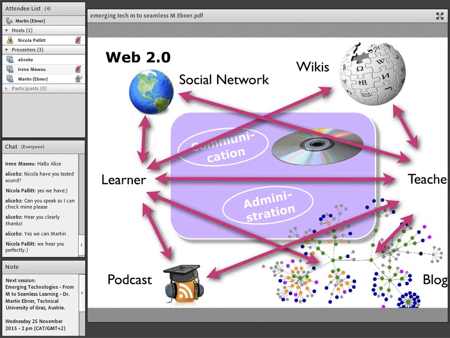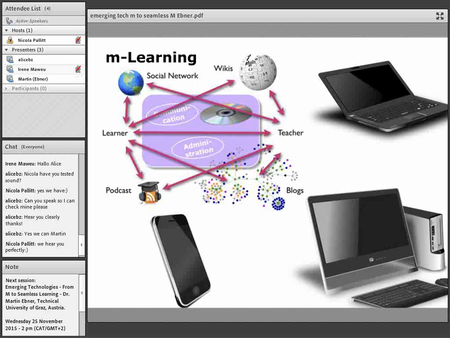And of course, the development of technology did not stop there. Then we see that many different devices were connected to the internet. It was not only our PC, it was also our laptop. Today it's also our smartphones. So we have maybe three, four, five devices where we are connecting to the internet. And we would like to get all of our learning content on the different devices, and we are using the different devices in different ways.